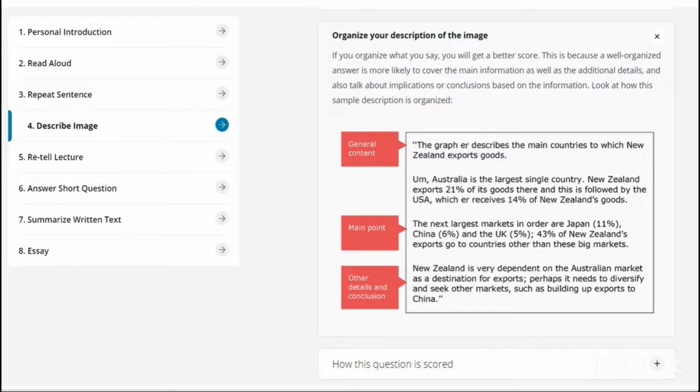एंड अगर मैं एग्ज़ाम्पल की बात करूँ, स्क्रीन पे जो आप एग्ज़ाम्पल देख रहे हो उसमें आपको फर्स्ट जो प्रायोरिटी देनी है वो आपको टॉपिक इंट्रोड्यूस कराना है। देन जो इमेज में से जो भी आपको लग रहा है मेन आइडियाज़ हैं, मेन पॉइंट्स हैं, वो आपको बोलने हैं, एंड देन लास्ट में आपको कंक्लूड करनी है इमेज।